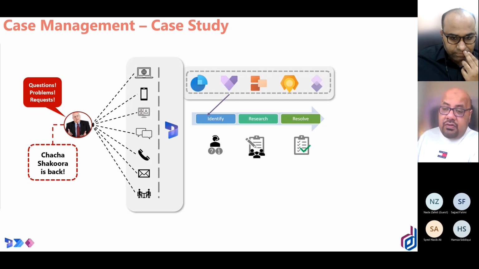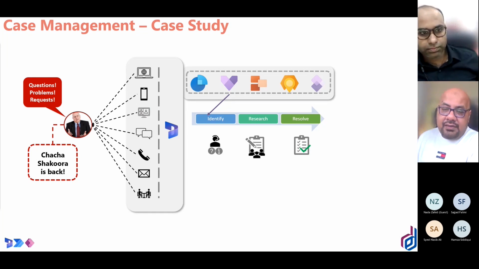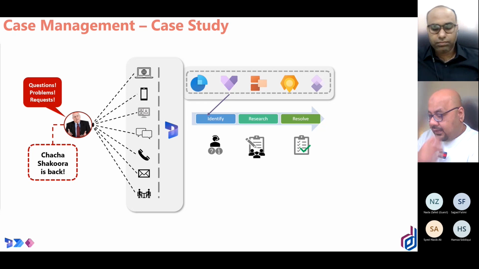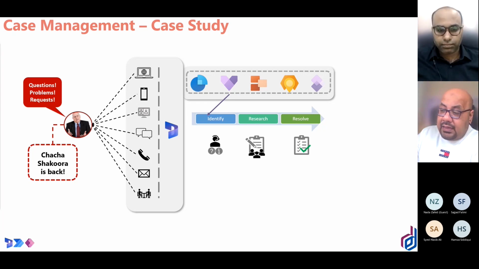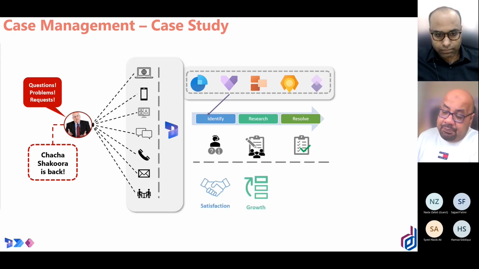It could be possible that Chacha Shakura is sending the message through the web, as well as the SMS, as well as the phone call. A duplication happens. Either you can cancel those duplicates, or you can merge those cases into one single case. So at that time, as you have everything automated, you're just going to